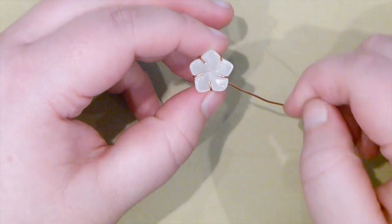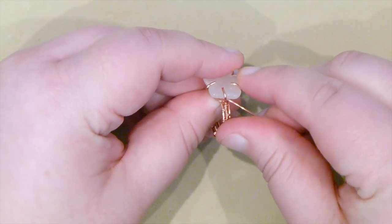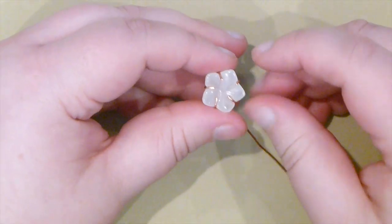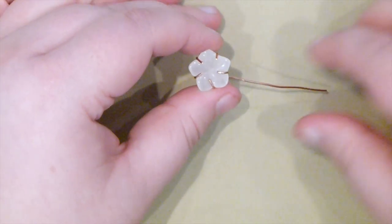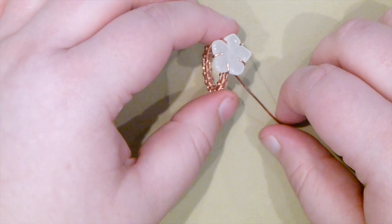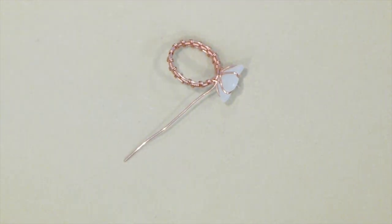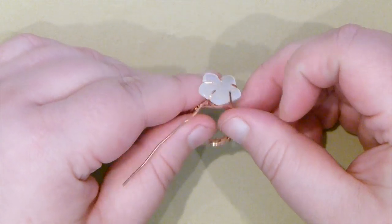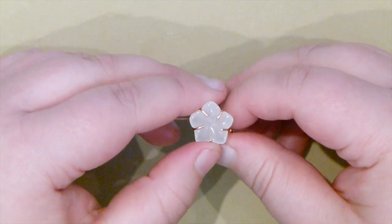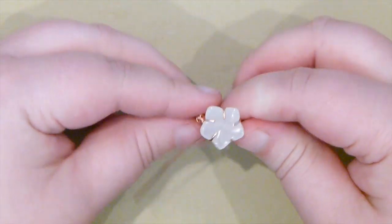So what you can do, you can just leave it like this and it'll be nice and tight and finished basically, but I just did this now to make sure that my lengths were alright, which they are. If you want to do a little final touch, which I like to do with prong set rings, because you've cut the tips of your wire, the very ends of the wire are going to be quite sharp. It's not a huge deal because they are bent over and bent in, but as a little extra security thing,